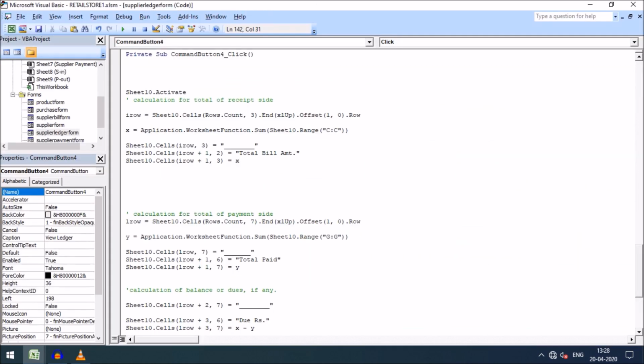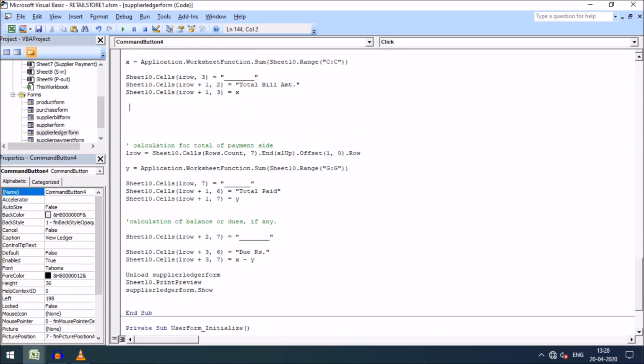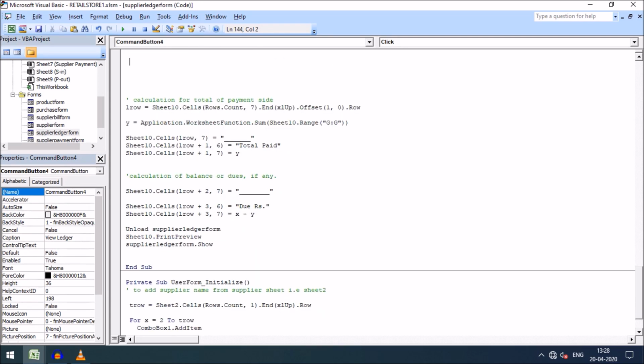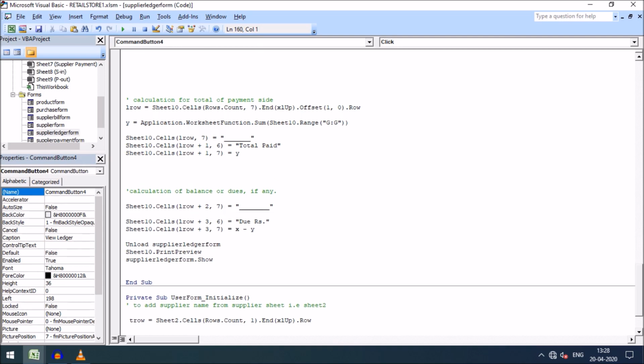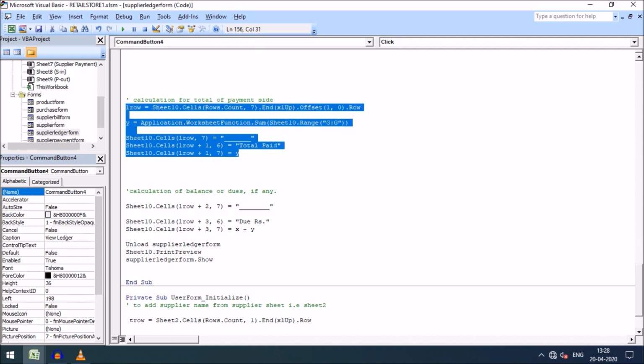And then I row plus 1, because blank row plus 1, that is the next blank row of the second, it will show the total bill amount, and the next blank row of the third, you can see it will show the value of x, that is the value of the sum of the column C.